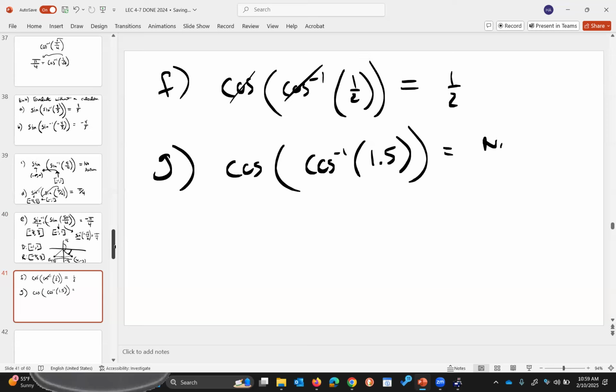No answer is correct. It's just no answer. There's no way to take it. There is no such value for an inverse function of 1.5. Cosine inverse of 1.5 is not possible. If it was a degree value or a radian value, like pi over 4, then we could figure it out by changing the